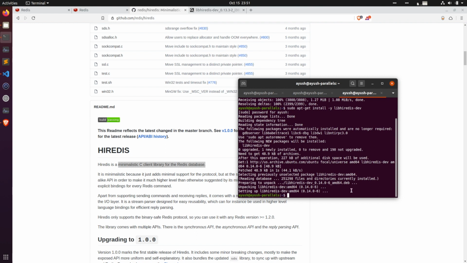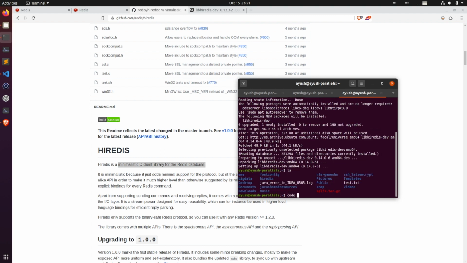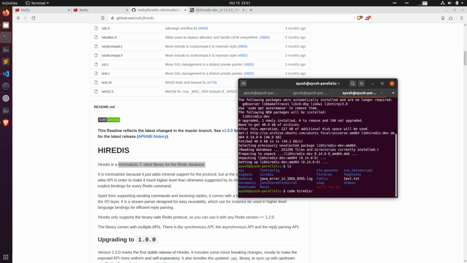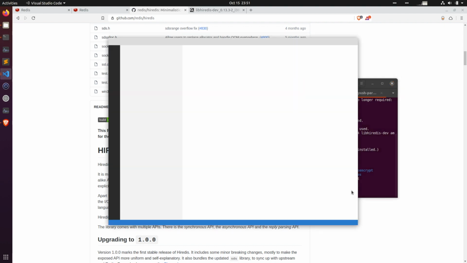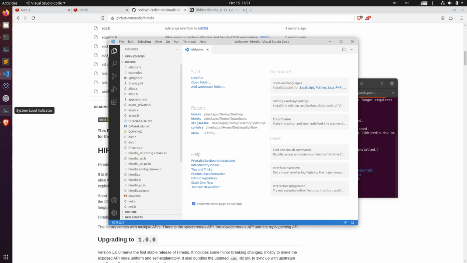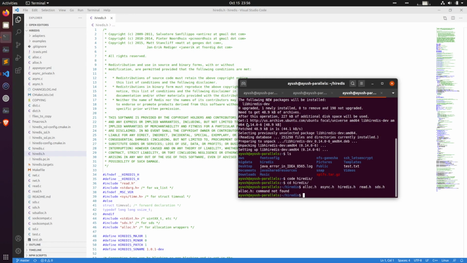So we need to open the HiRedis code in one of our favorite text editors. For me, it's Visual Studio Code. You can choose whatever you want. On Linux, to use Redis libraries, we need to copy a few files from the Redis repo to our Linux user directory.